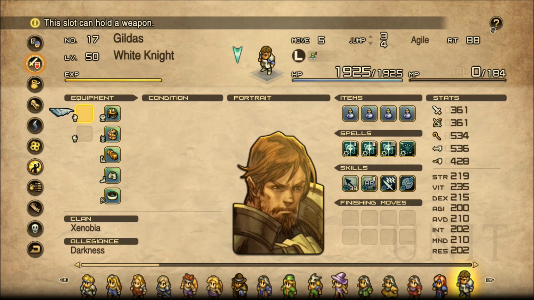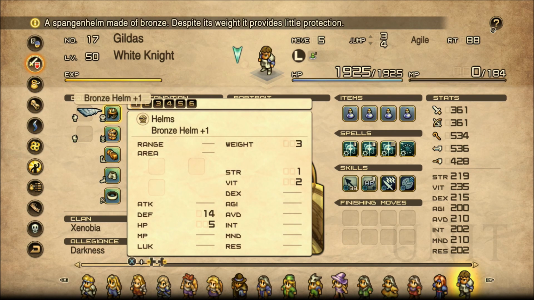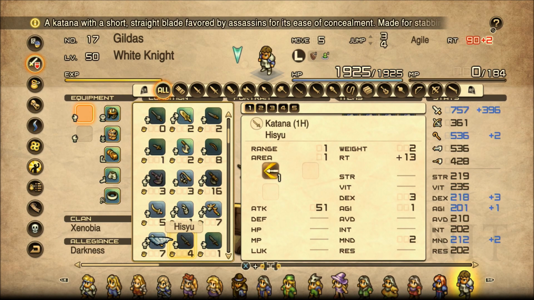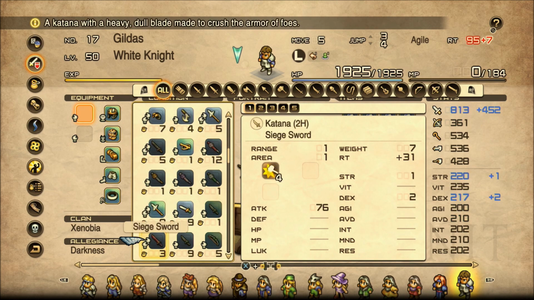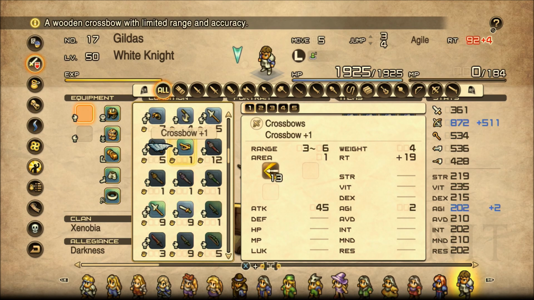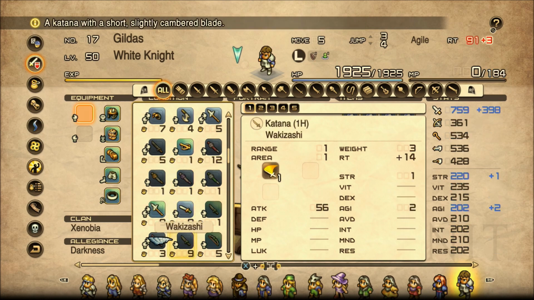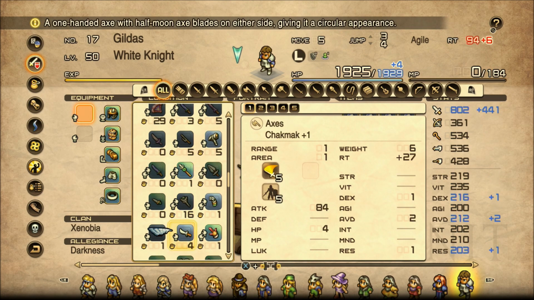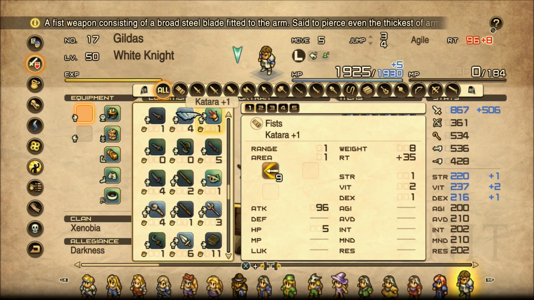Keep in mind that whenever you equip things, your RT goes up, and that's not a good thing. It makes it so that your turns come up slower. Basically, at the end of the game, I didn't even have him equipped with a weapon because the White Knights don't really get many usable weapons from the middle. There may have been some options, and I don't think I gave it that much thought, but I don't know if the fist finishers are any good, like if you can use those